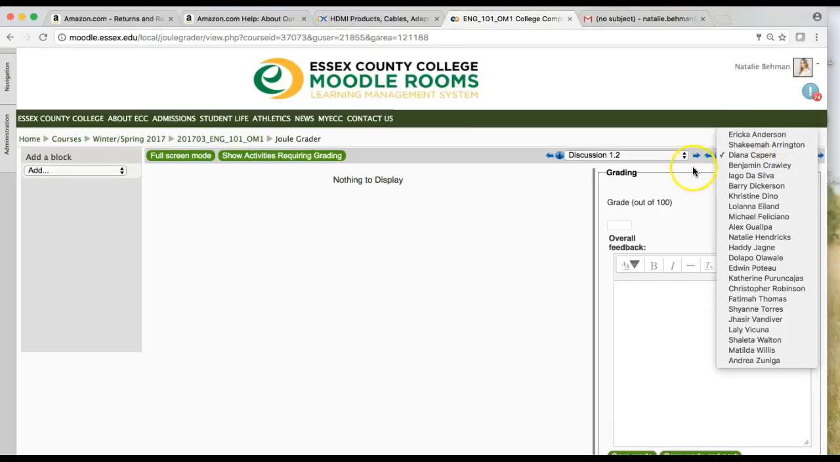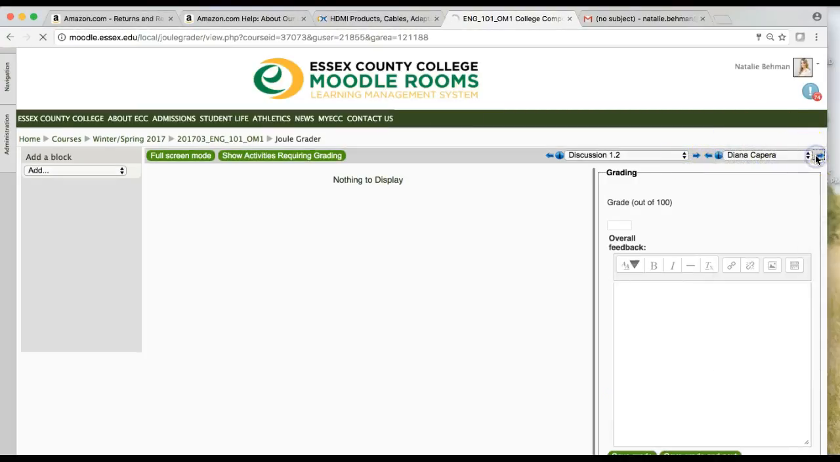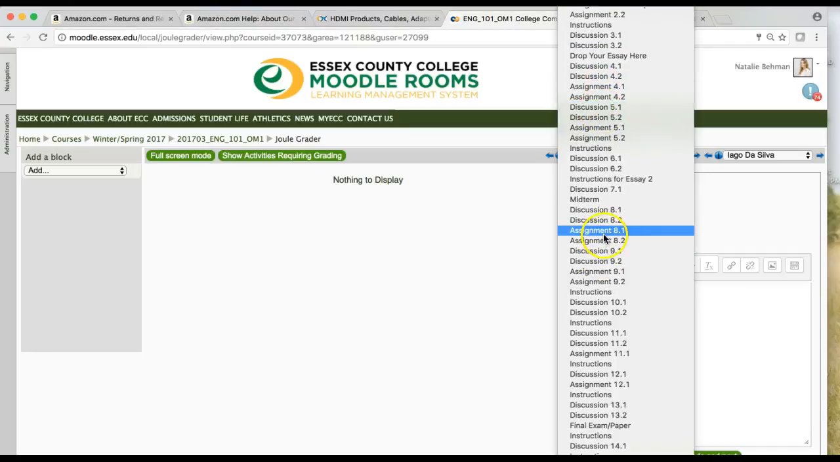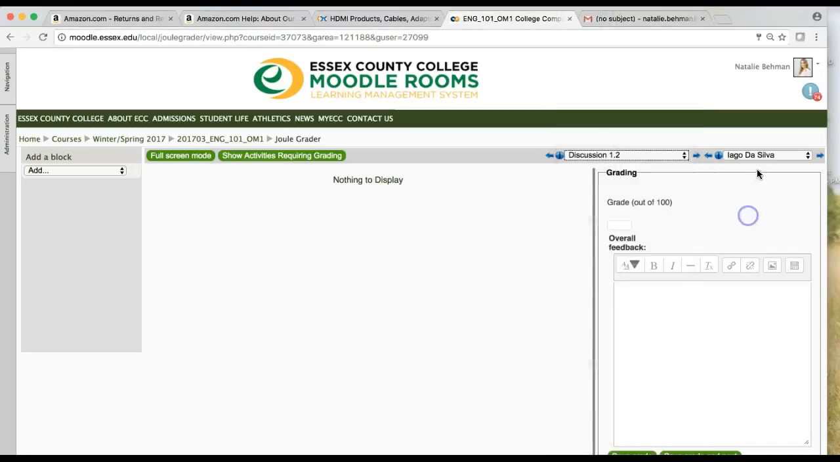This is a list of your students. Not sure if you use this, but you should be able to see all the posts here. So you would grade, you would pick the assignment you want to grade, go through